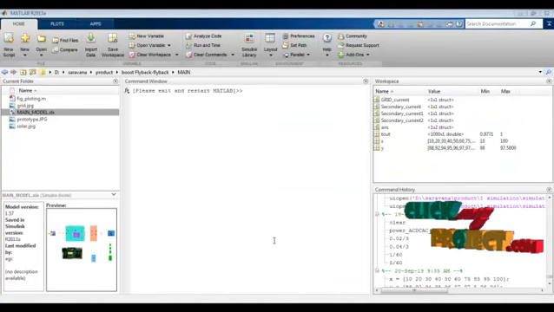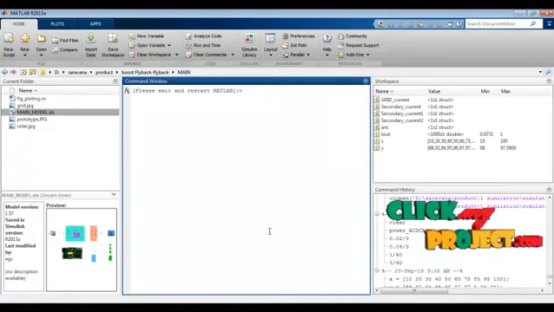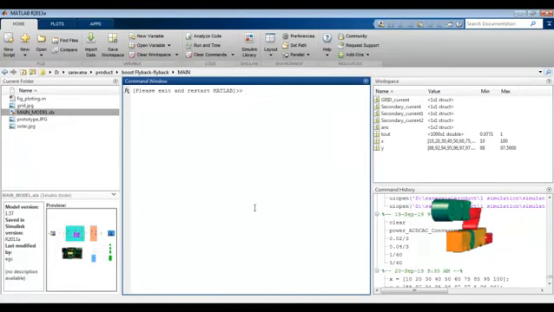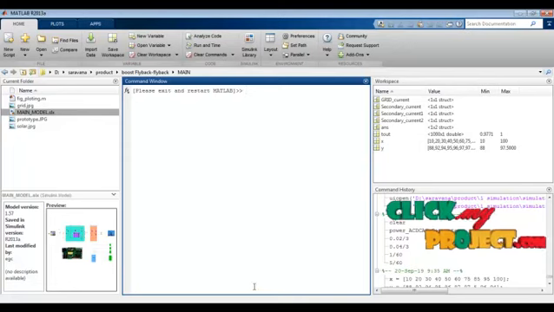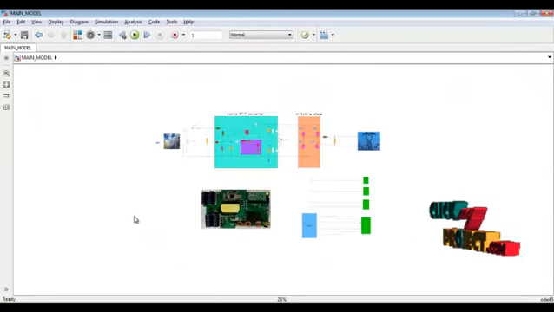Next we will discuss the running procedure of the product. The proposed system is implemented in MATLAB version 2013a. First open the MATLAB window and create a new model file. Create the elements as per the circuit diagram of the product, and connect the corresponding scopes through From and Goto functions. This is our circuit diagram of the product.